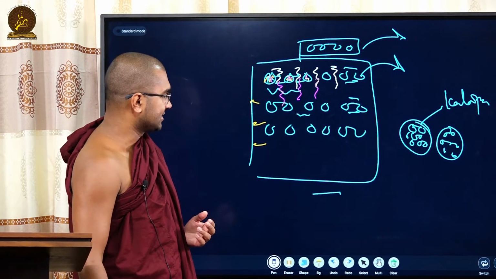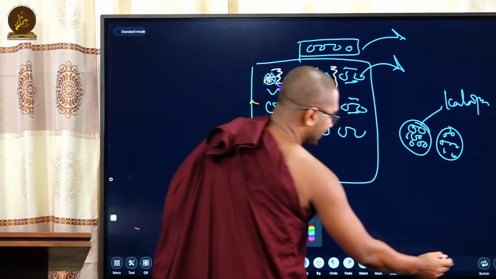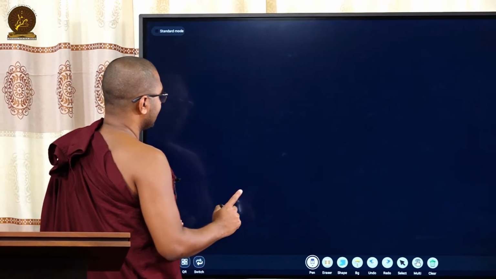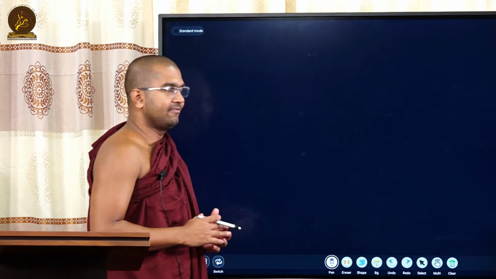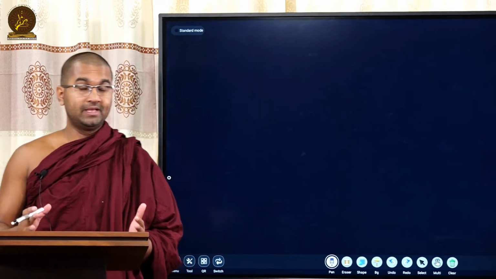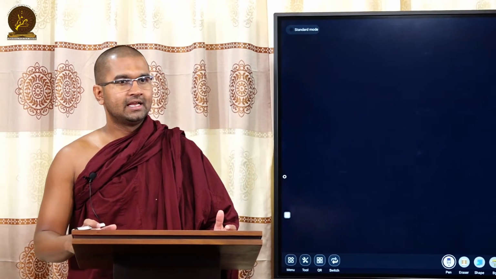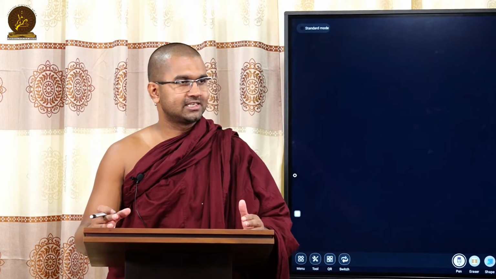It's an intellectual understanding. Another example I can give you is the contemplation of the Kammaja Rupas in our lives. According to the Patisambhida Magga commentary, there are three ways that we can do the Sammasana Jnana and also Udayabbaya Jnana, seeing the rising and falling. When you want to see the rising and falling, for different elements we have to take different approaches. For some we have to take the momentary rising and passing away. For some we have to take the generation rising and passing away. For some we have to take the entire life.